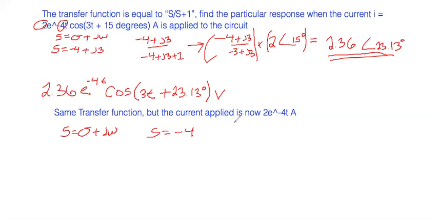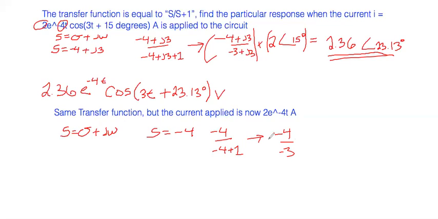When we put that back into the original equation, negative 4 divided by negative 4 plus 1, we get negative 4 divided by negative 3,